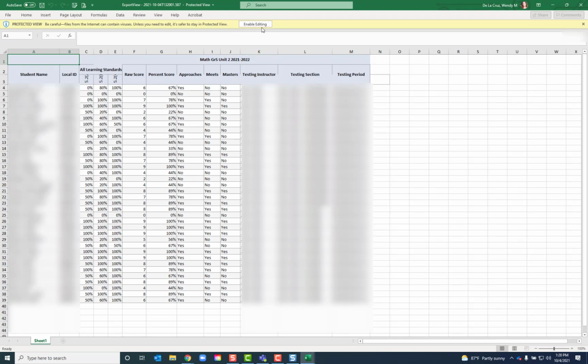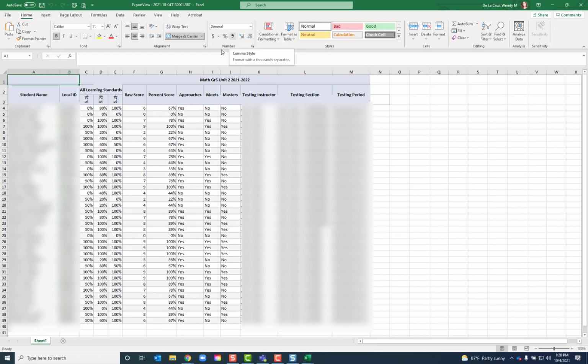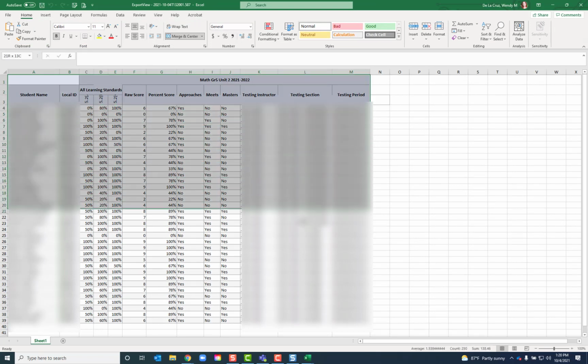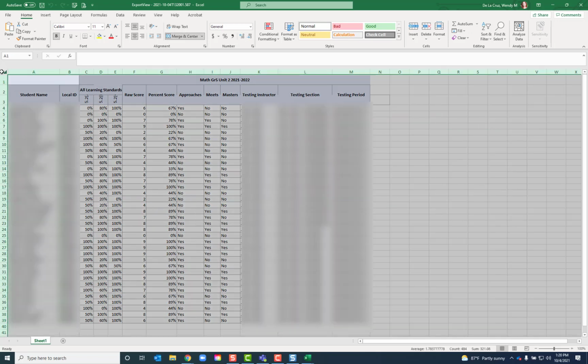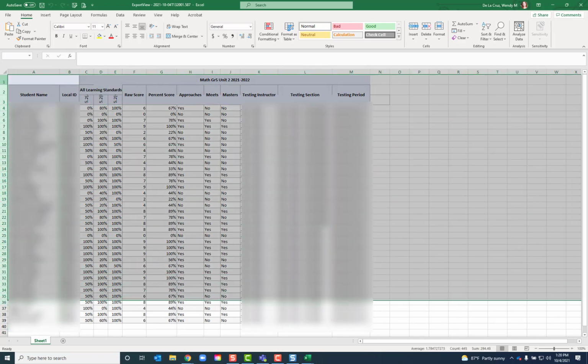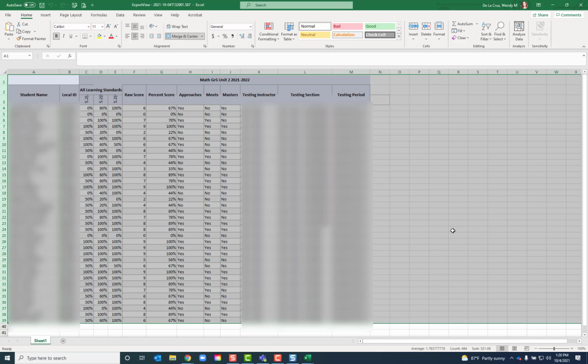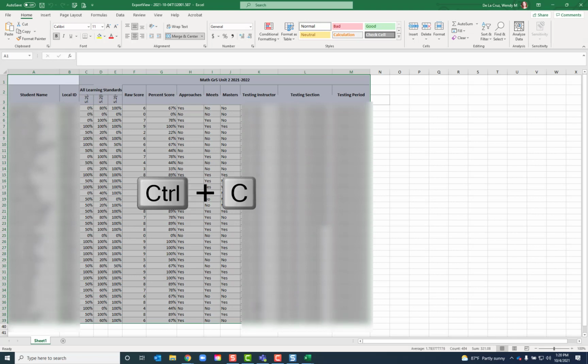Anytime you get any data out of Aware into Excel, you always want to make sure you click Enable Editing. And then what you need to do is select all of your cells with data. Resist the urge to click on this section up here that selects the whole sheet, because then you're selecting all these cells with no data. Same thing, don't select across the columns because you're going to be selecting cells with no data, or also don't select by row because you'll be getting all these cells without data. So just start in A1 and select all of your cells with data, Control C,